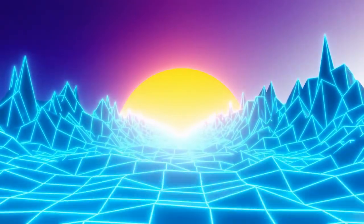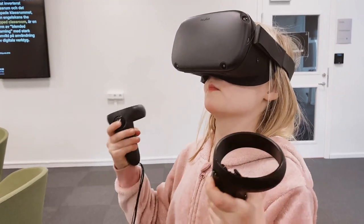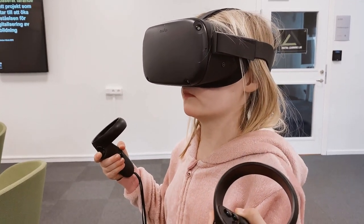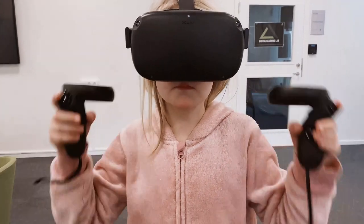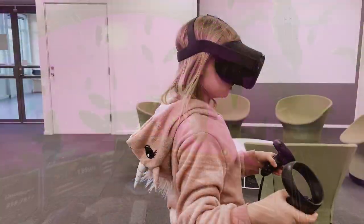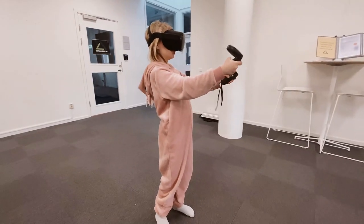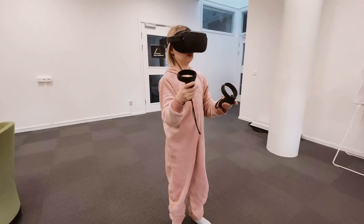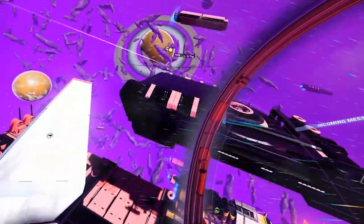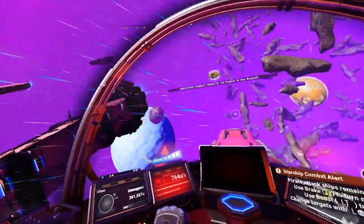Let's start with the most familiar, VR. Virtual reality creates a simulated reality by having the user wear a head-mounted display which covers their entire field of vision with 3D computer-generated imagery. Using sensitive head tracking, immersive sound, and motion controls, VR creates an illusion that the brain has trouble distinguishing from reality. This unique feeling of truly being in a virtual space is called presence, and it is the signature sensation